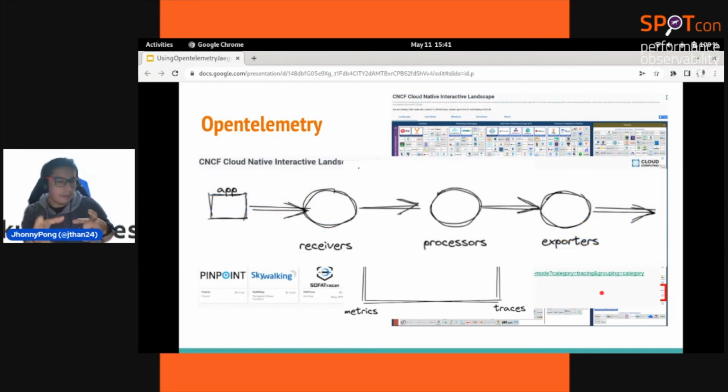Now a little about the OpenTelemetry concepts. We have our app, and receivers that have a pull model and a push model to obtain information about your application. On the other hand, we have processors, which can simplify the information about what happened and what I can do. And we have exporters, which take the information that was processed and received and send it to other components like Grafana or Elasticsearch for storage.